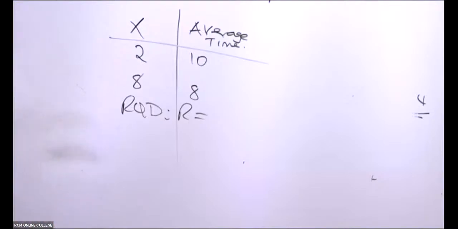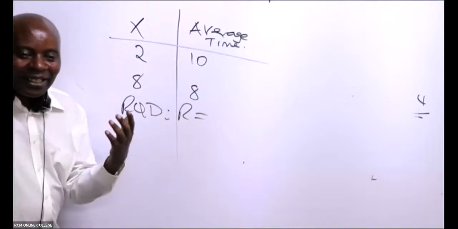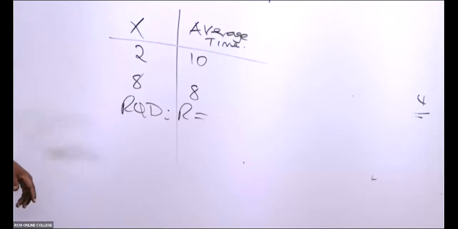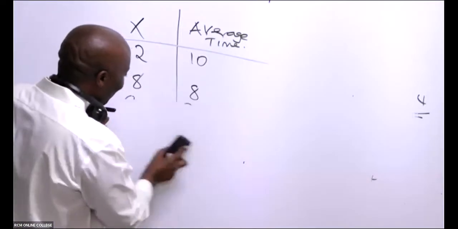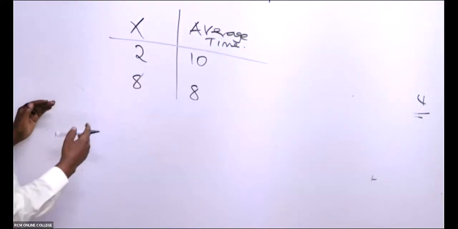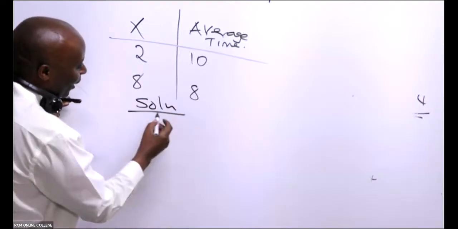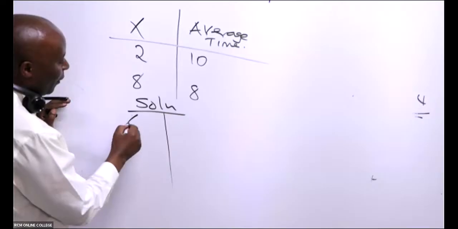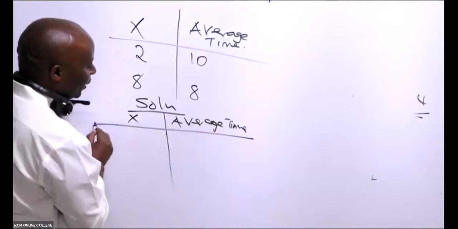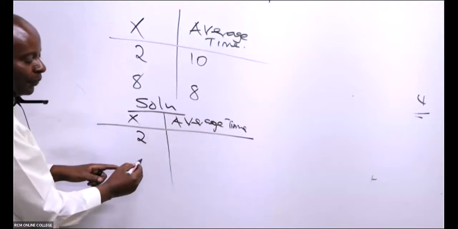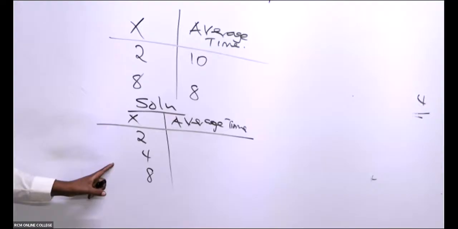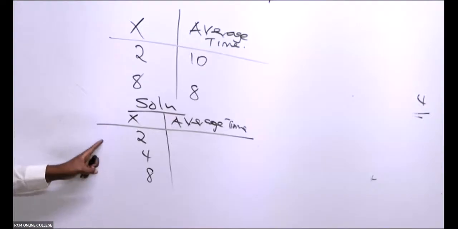I've won. Because you need to have established the doubling path principle, isn't it? Give us the doubling path because it's not here. So this is what you should have done. Sorry for that. I'm really sorry. So the solution: we don't have doubling, so we have to do our doubling ourselves here. So we have X, we have average time. If you're doubling, 2 times 2, 4. And then 4 times 2, 8. Because I have to come up with the doubles. That is how you have lost money.